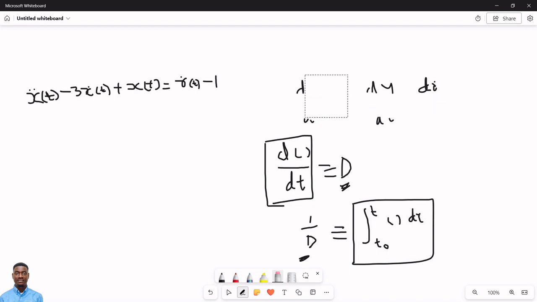So if I want to use the operator notation to rewrite this equation, all I'll be needing is to replace this, since this is differentiation. So I know that I'll be using the d operator in this case. If it's integration, I'll be using the 1 over d operator. So first order differentiation is d, the second order will be d squared, and if it's third order, that will be d cubed. So this will be d squared